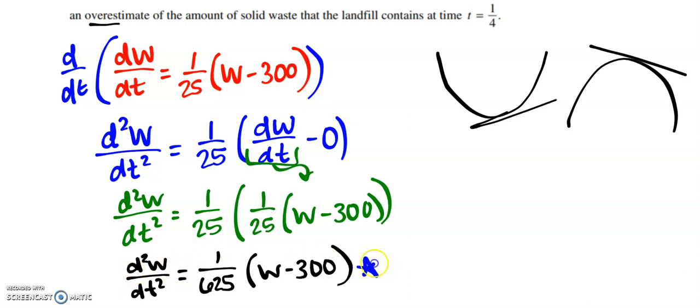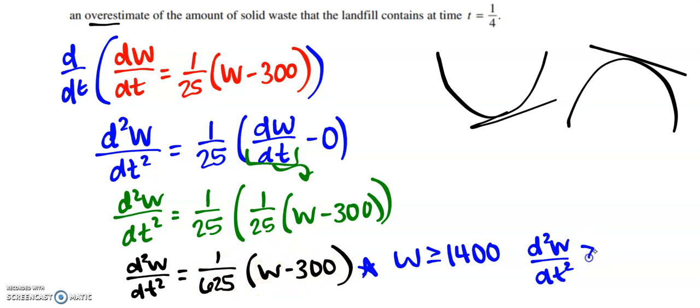Using this cleaned up version, we know from our given information that w is always greater than or equal to 1400, because that's what we start with, and w is strictly increasing, in which case the second derivative is going to be a positive number times at least 1100, which is positive. So this whole thing will be greater than 0. Therefore, our tangent line,